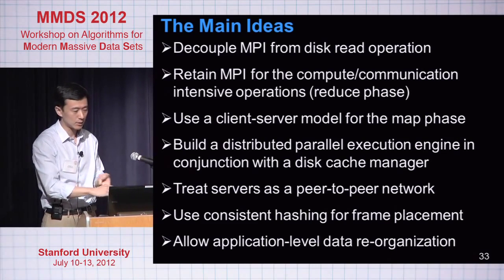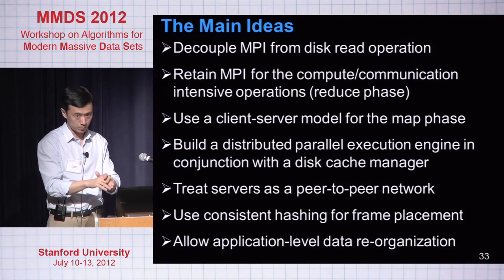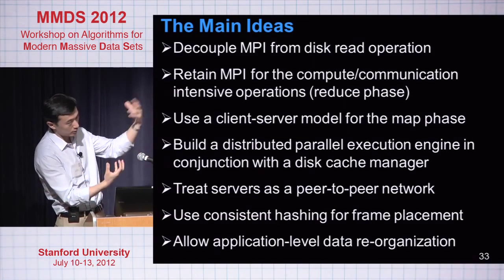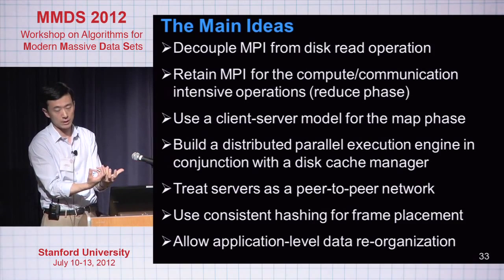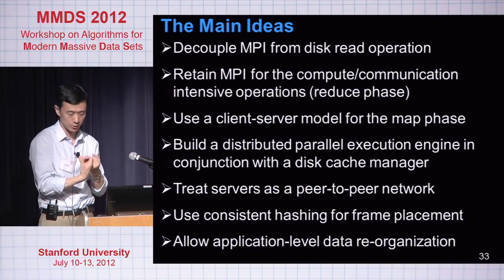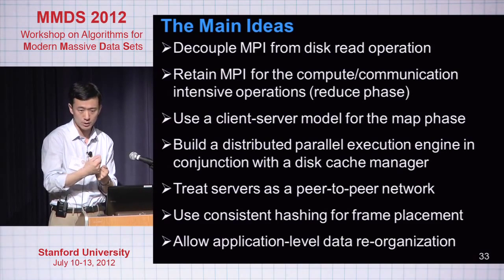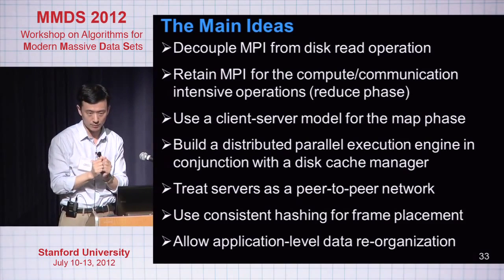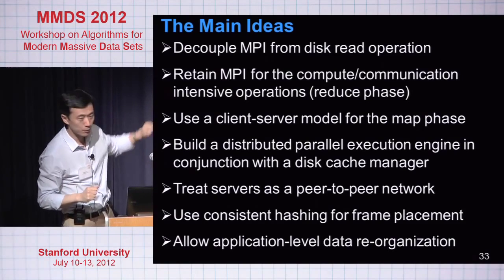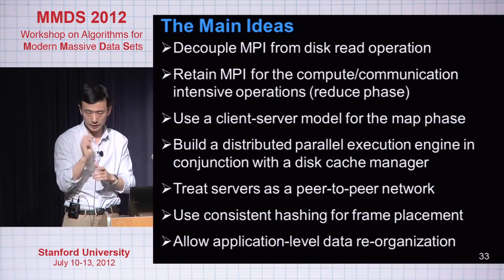And so to do that, we use a client-server model for the map phase, and converted the original analysis node into a server farm that works as a distributed RPC engine. And we treat these servers as a peer-to-peer network and use consistent hashing to do the frame placement within the system. So one last bullet point, I won't be able to get into details, was we actually allow data reorganization